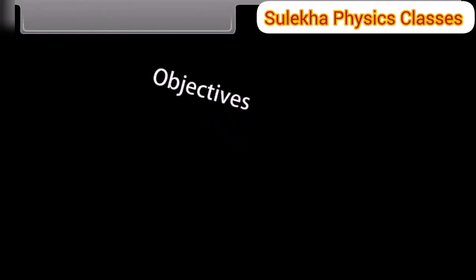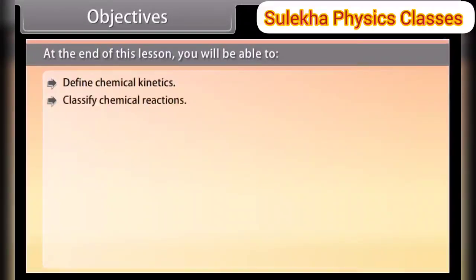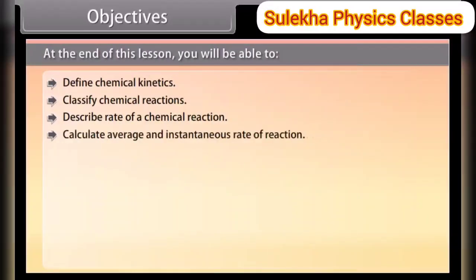Objectives. At the end of this lesson, you will be able to define chemical kinetics, classify chemical reactions, describe rate of a chemical reaction, calculate average and instantaneous rate of reaction,